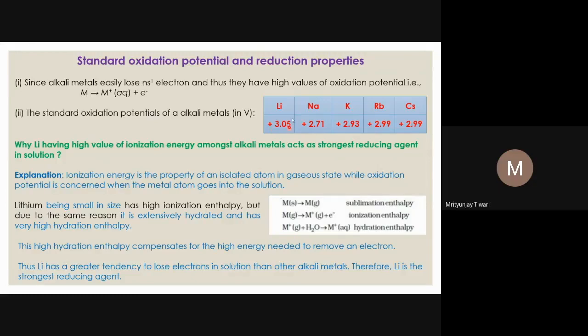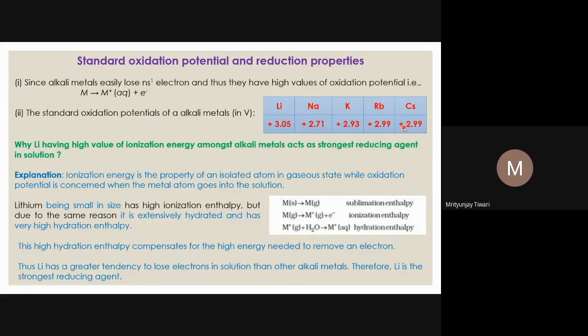So why is the oxidation potential of lithium higher than cesium? One should expect that cesium should be higher than lithium. This is because when you ionize a certain atom or element, it is not there as such in the ionic form. It will not be stable unless we get stability from something else, and that stability that we gain from other reactions also affects the standard potential. When you remove one electron from a neutral metal, the cation formed will be in aqueous solution, so the hydration of the cation will also affect the oxidation potential.